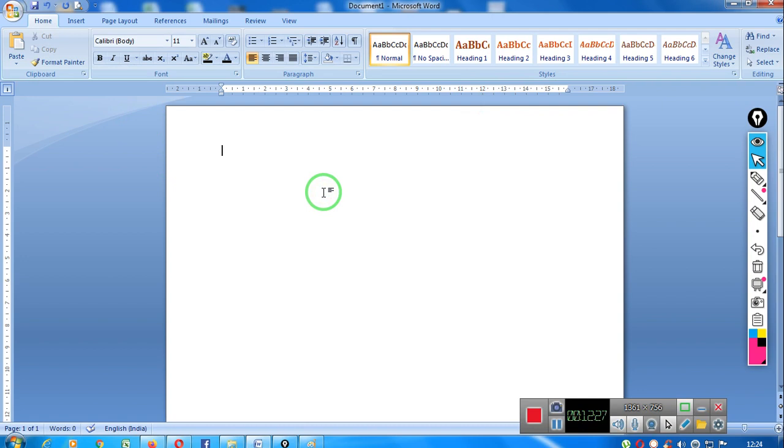Now you must have seen that on the first page of your book, you have the contents or the index where the chapters and the page numbers are written. So we will create that with the help of tab stops. Suppose I have written over here chapter or topic. Okay, let's go for topics,